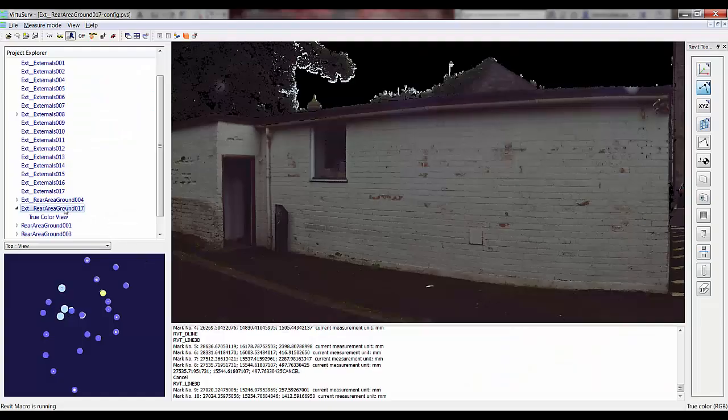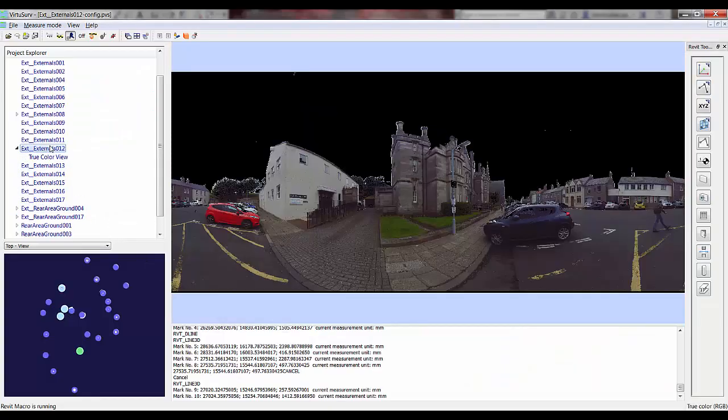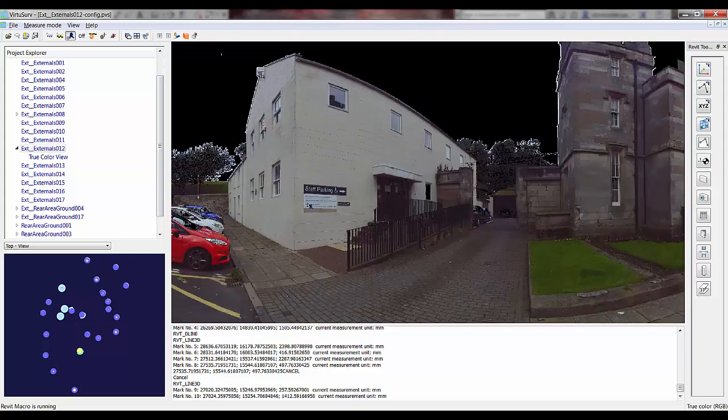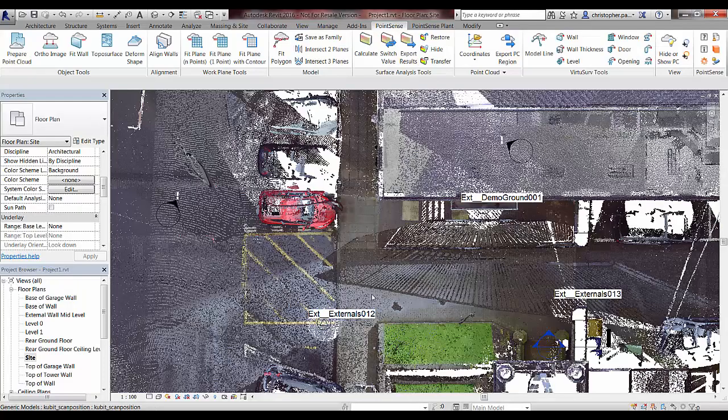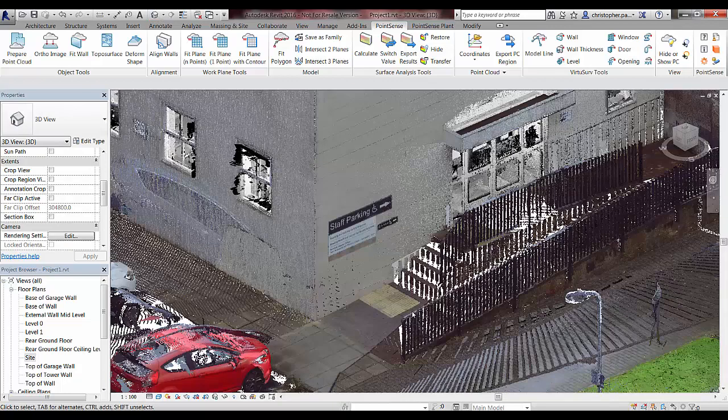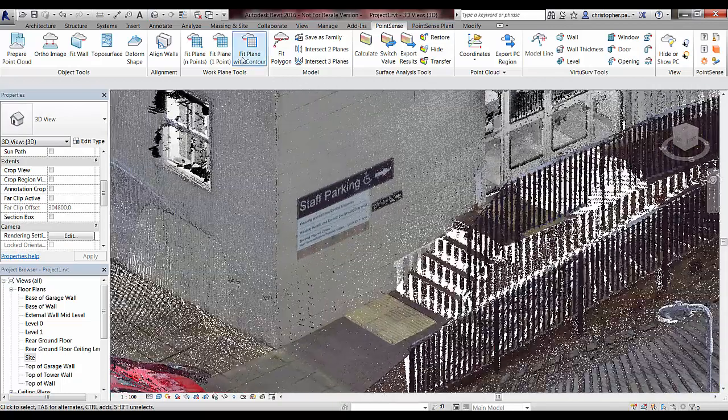So if we say externals 12 is our scan we're going to use, we can navigate to that in the VirtuSurv view, and we're going to zoom in on this sign. Now what we're going to look at first is the horizontal tool. If we open up the model line command, which we can do in Revit or in the VirtuSurv view,